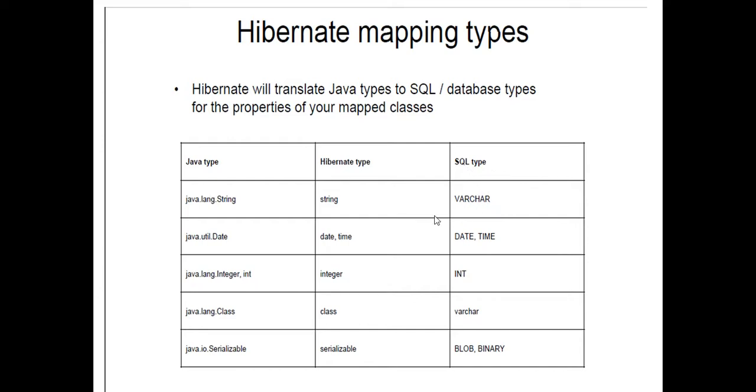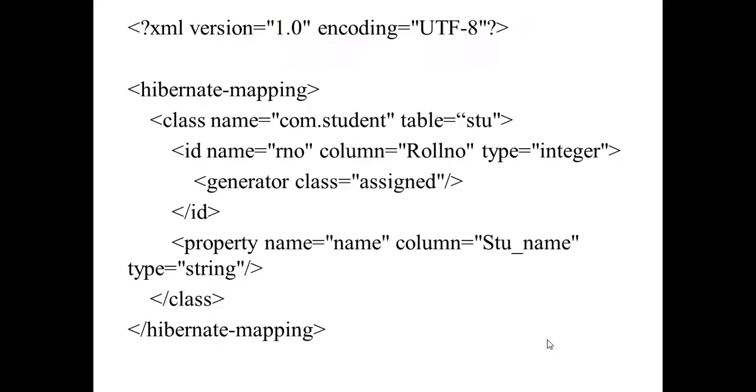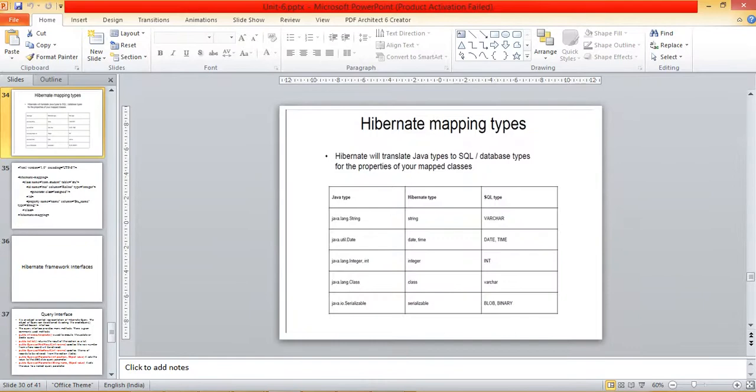The SQL type is varchar. In the case where the Java type is date, the Hibernate type must be date and time, and the SQL type is date and time. If the Java type is integer, the Hibernate type is integer, and the SQL type is this. In this manner we have to map the Hibernate type to the SQL type. So how can you do this? Let us create this